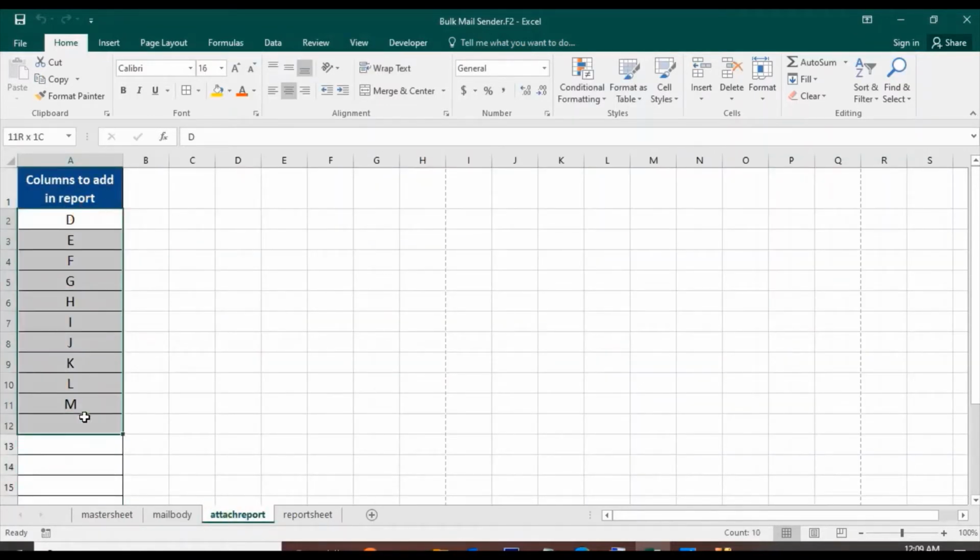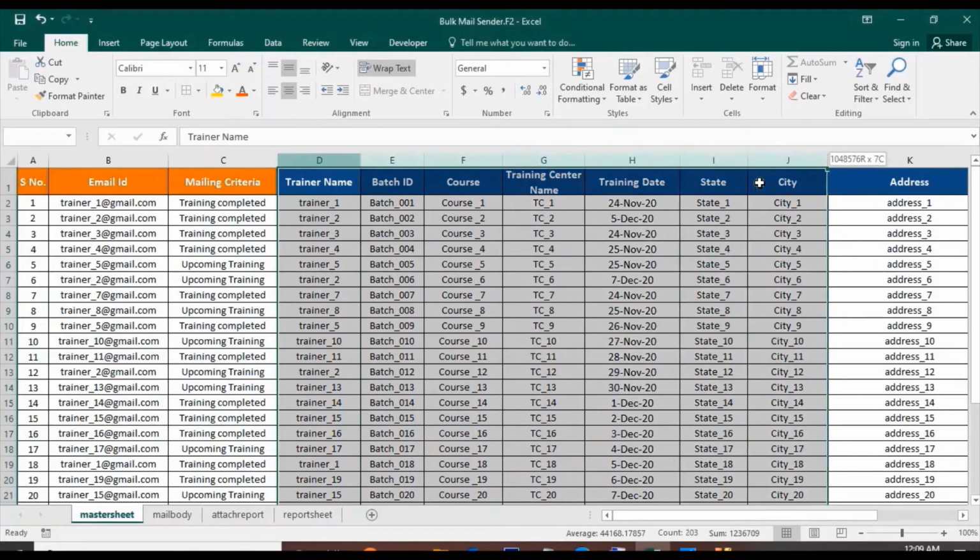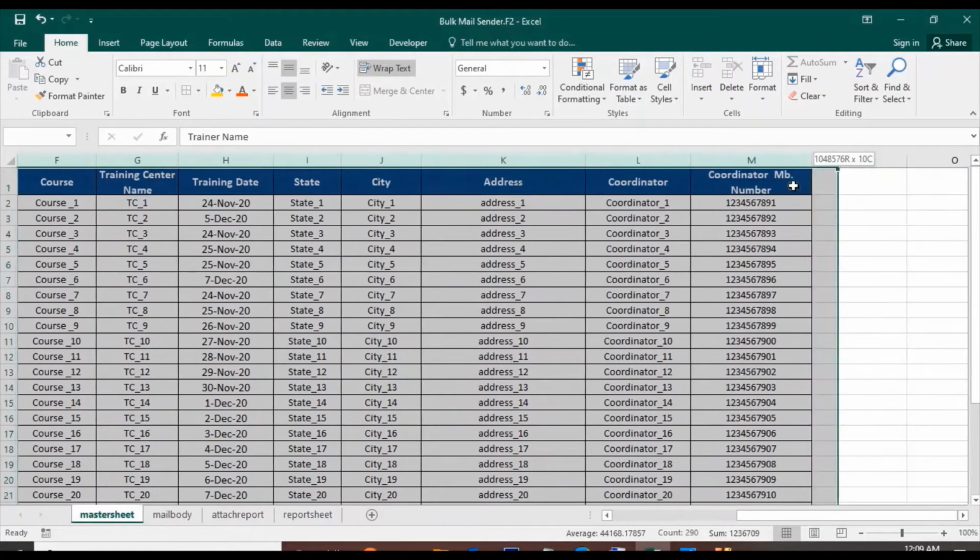Now let's define the columns whose data we want in the mail. In this case, we need all this data. Name, batch ID, course, trainer name, date, coordinator, mobile number, everything.